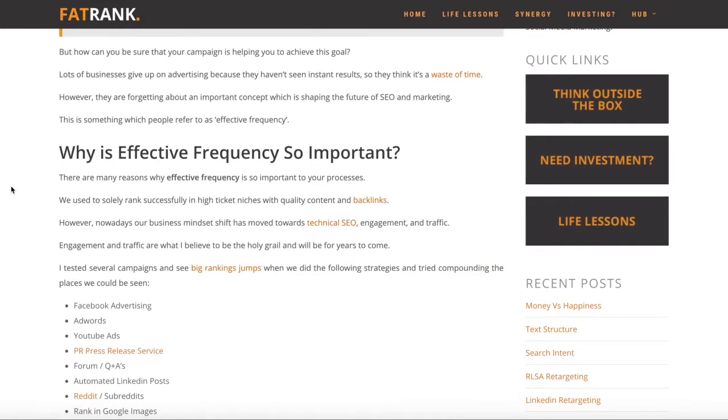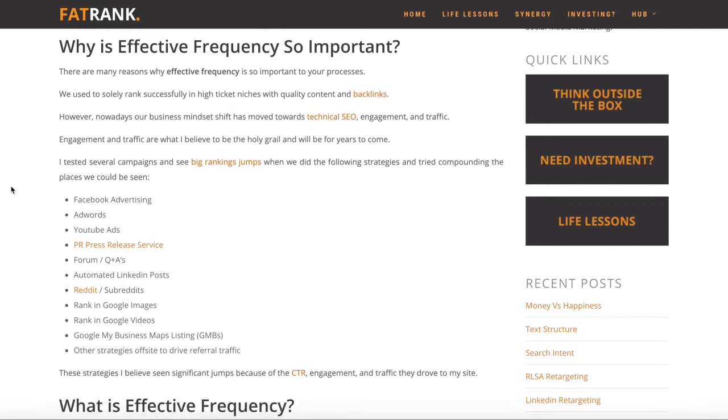So down here it says, why is effective frequency so important, and at this point you might not even know what it is. So basically, just to summarize for you guys, effective frequency is the process of getting your advertisement or your product or your service out there to as many places as you can in a marketing sense. Traditionally, effective frequency might have been, for example, if you've got a show on in Broadway, and you might be putting that on billboards, visually, you might be putting it on the radio, audibly, you might be putting it on a TV advert where you hear it and obviously see it. So it's just various different ways of getting your product out to the masses, really.